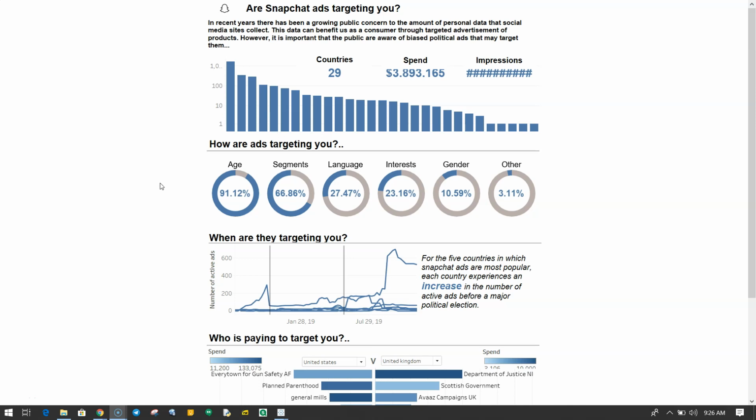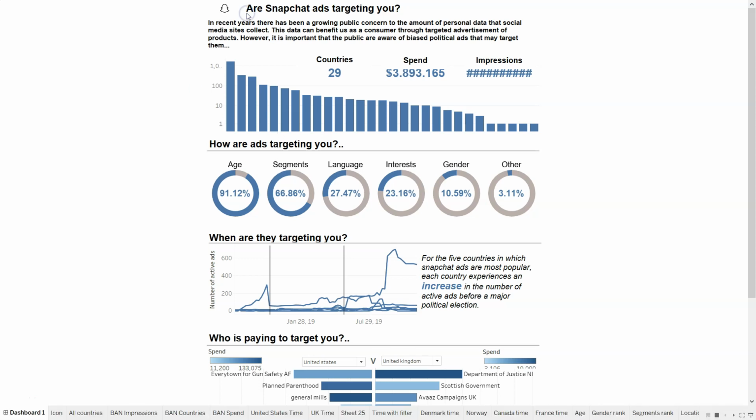Hello there and welcome to this new dashboard, which is related to Snapchat ads targeting. As you know, it's a Tableau dashboard, and it is one of the dashboards which has been posted on Tableau Public, where, when I was surfing, I figured out from hundreds of different dashboards that I really